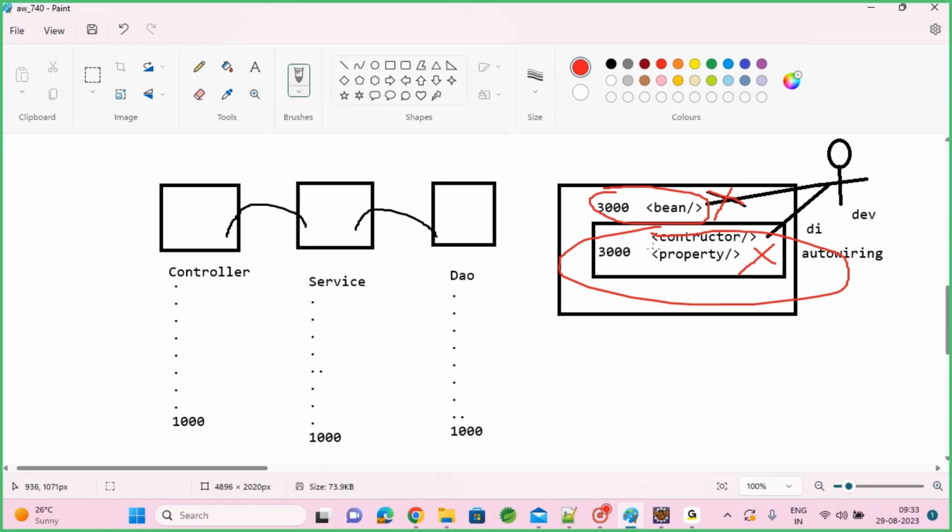This is like a Tesla car mode. When everything is being done by the Tesla car, you just need to sit and set the location where you want to go. It will take you there. If it is manual, hmm,